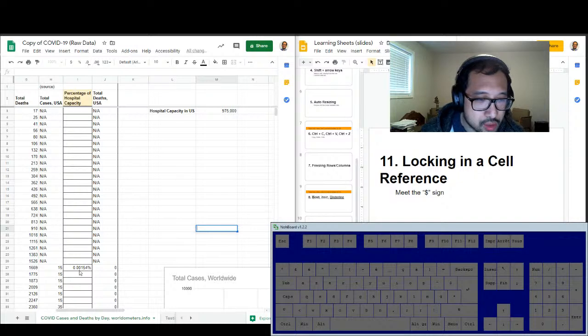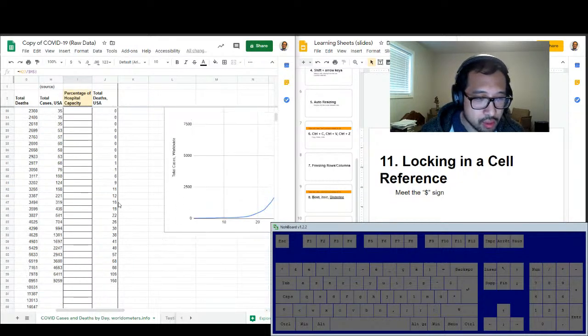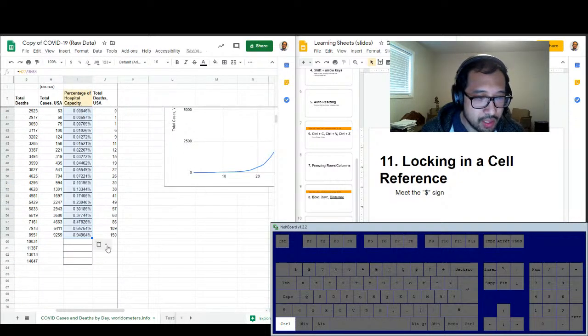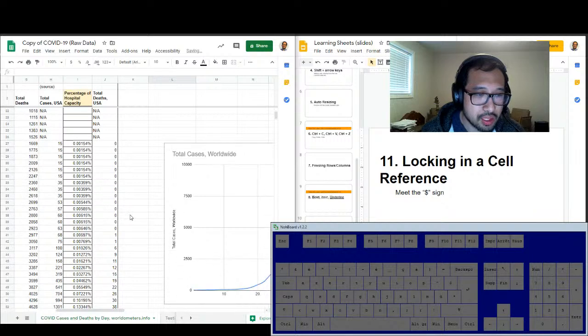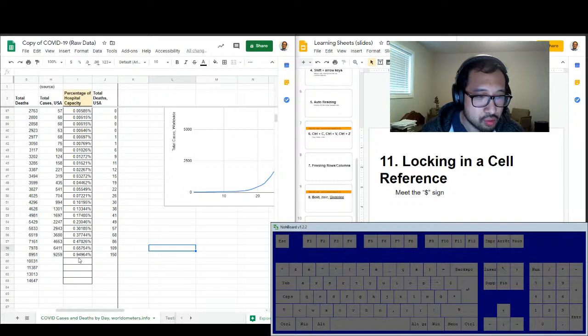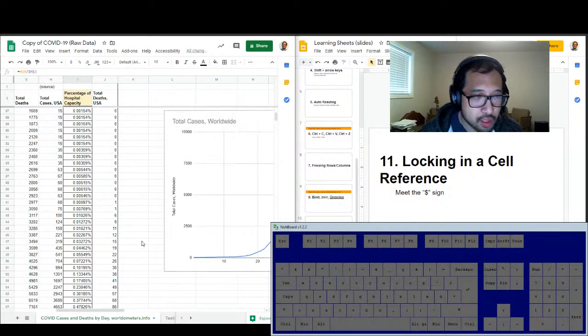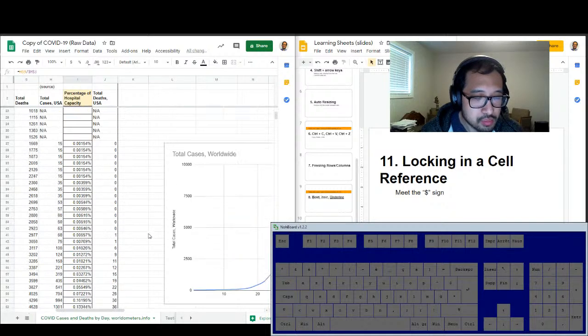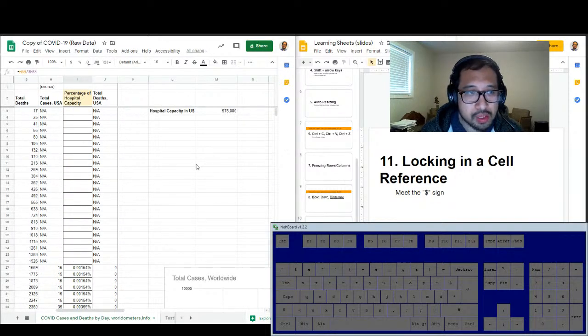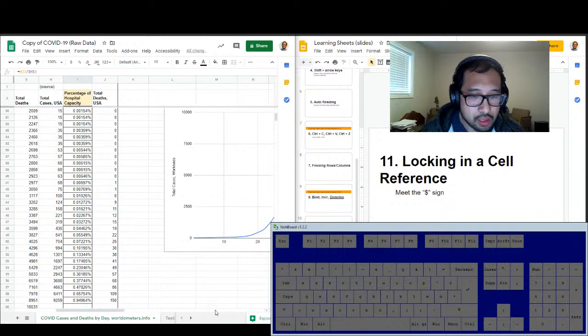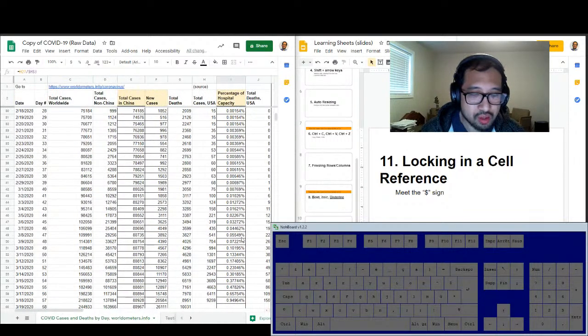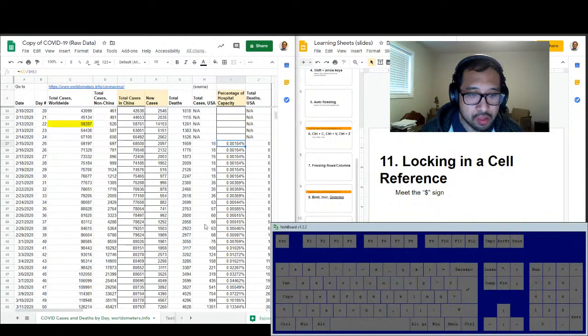And now when we hit enter here and you copy down, you can see that we have some pretty accurate looking percentages here. It goes all the way up to around 1% over here. Okay, so we learned how to lock in cell references today. That is the gist of what I wanted to talk about. I hope you guys learned some things. I will see you guys